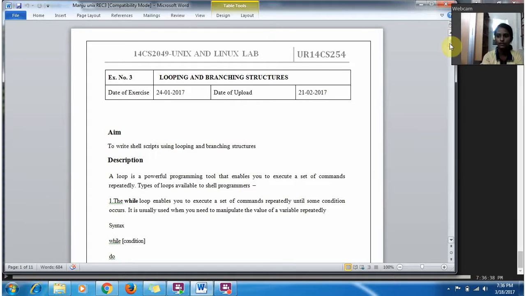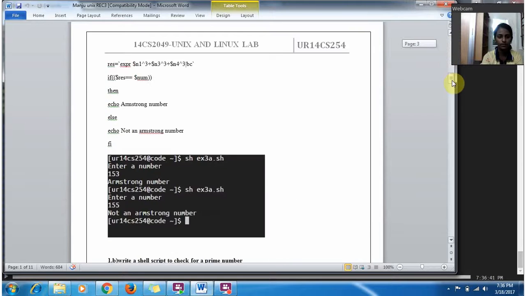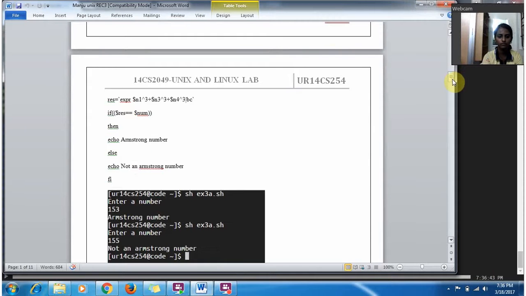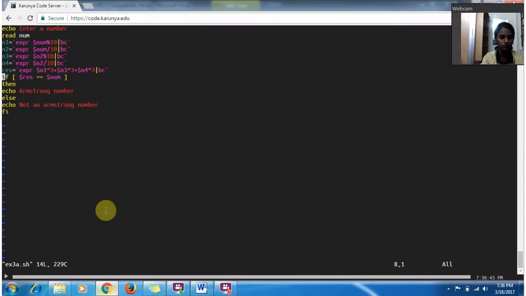Our first program is to find whether a given number is Armstrong number or not. Now let us go to our code. I'm asking the user to enter a number and I'm storing the value of that number in a variable